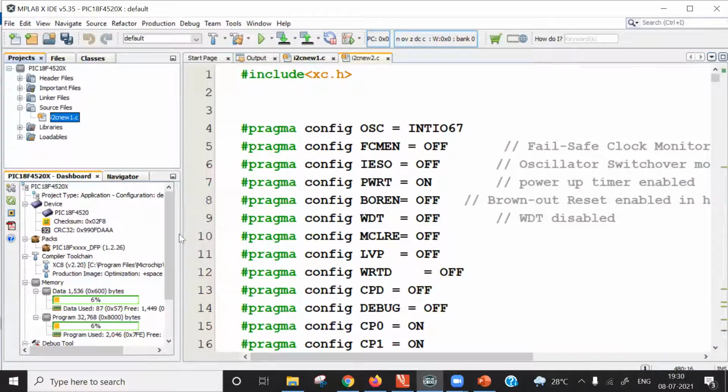In all my products, I always use void main void. Even if you write void main void and at the end of the main function you write return, it will not result in any error, but that statement will never be executed because I keep my program in a never-ending loop.